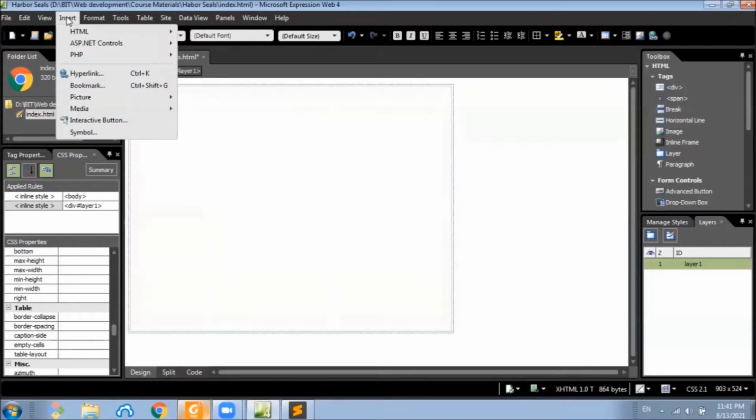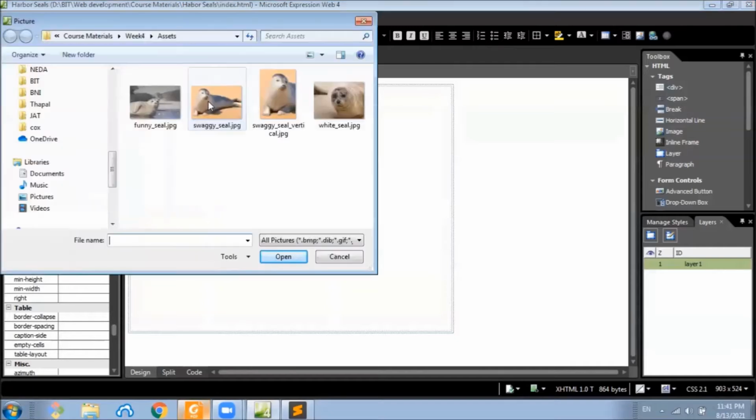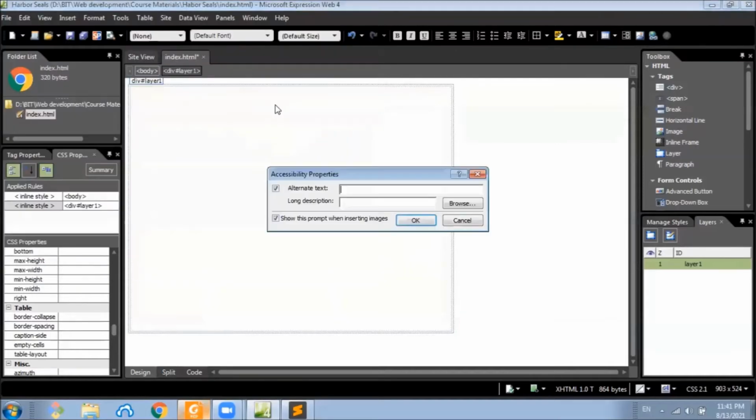Go to insert a picture from file, and we have this seal picture, so I will select this one, and we can put an alternate text such as harbor seal, and also we can put a long description, picture of a harbor seal animal, and okay.